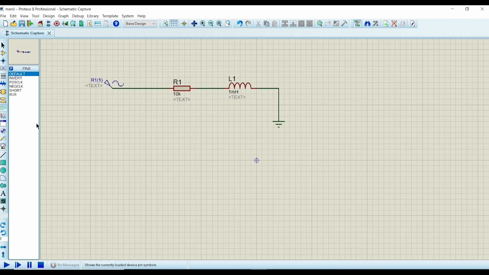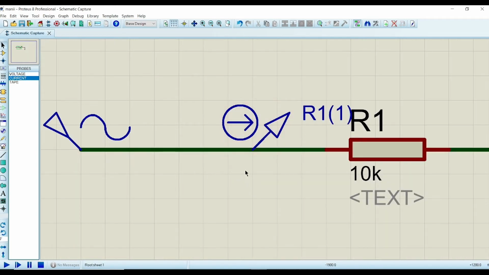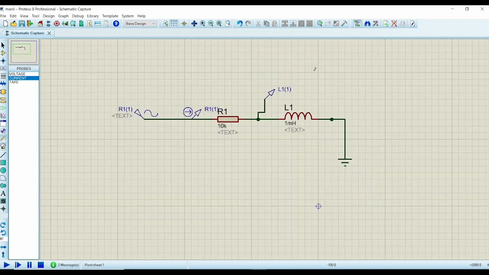So to take the measurement of the voltage and current, I will go to the probe mode. Just click on the probe mode here. I will take one voltage probe to measure the voltage. Suppose I am placing it here, connect the circuit, and to measure the current I am taking a current probe. Just select the current probe and place it here, and the arrow of this current probe shows the direction of the current. Suppose I am taking one current probe here like that, and if I connect it here, then what will happen? I will get an error because the current will never flow in that direction.